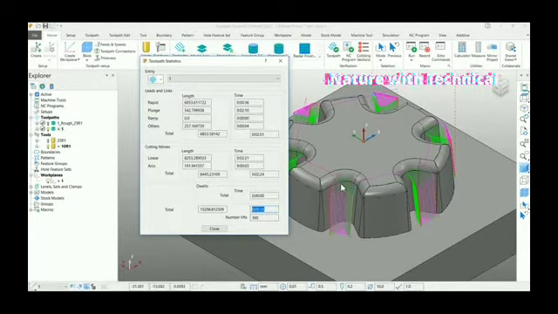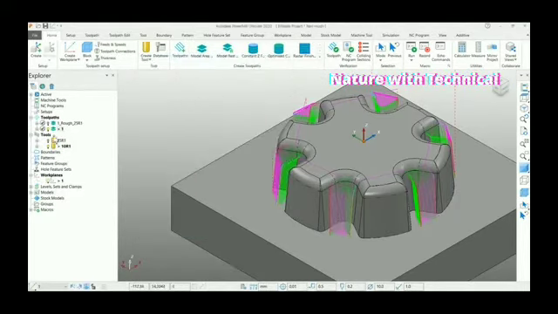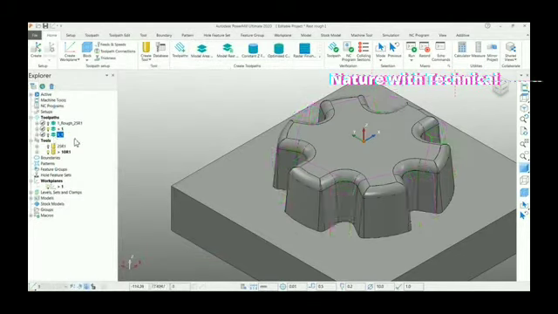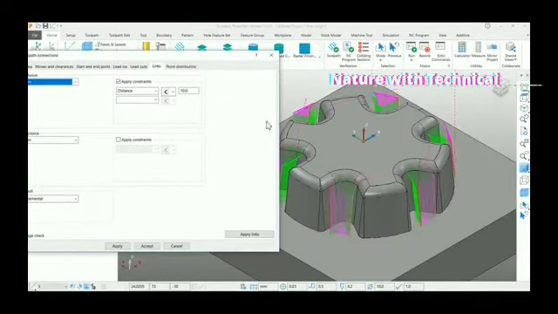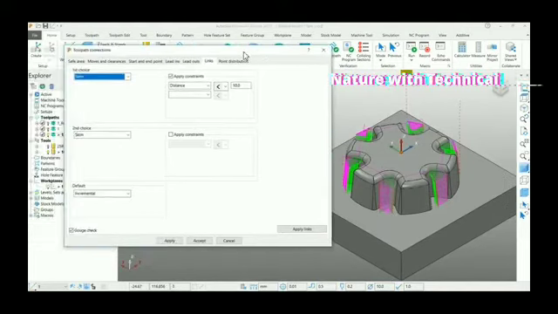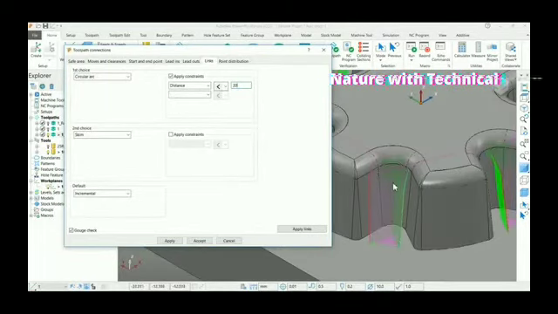Let us learn how to reduce these lifts and make it a continuous movement here. For this, I'm copying the same toolpath and activating that toolpath. Go to your toolpath connection page. Without regenerating the toolpath, we can change the movements here. So in the links page, I'm using a circular arc with a distance of 20 mm, which means if the start and end point of the toolpath come closer than 20 mm, it will move as a circular arc. So let me apply this toolpath here.